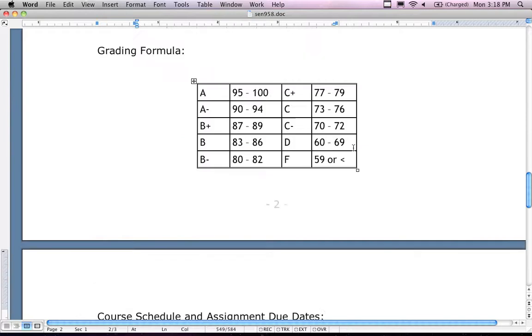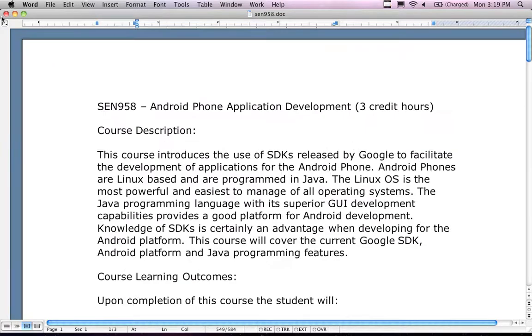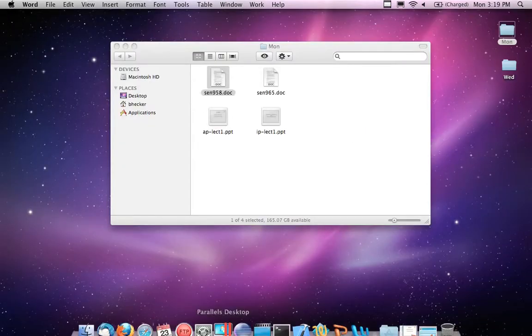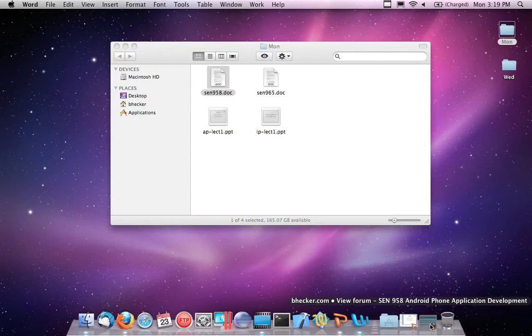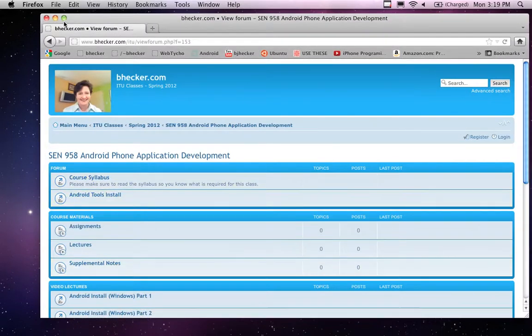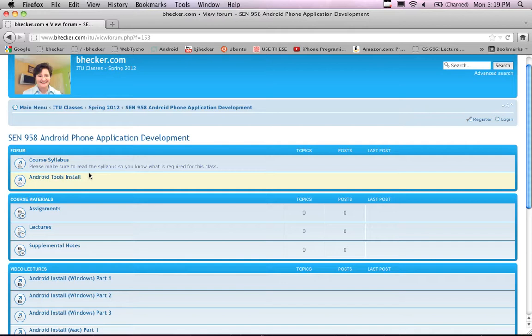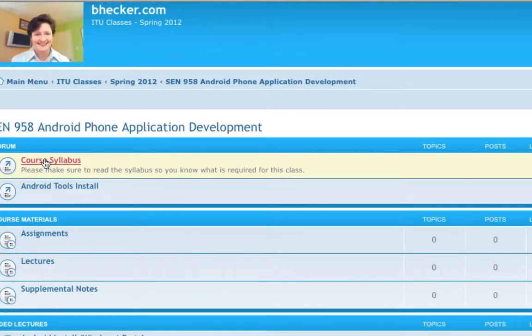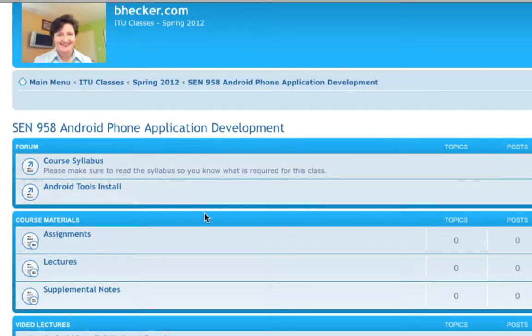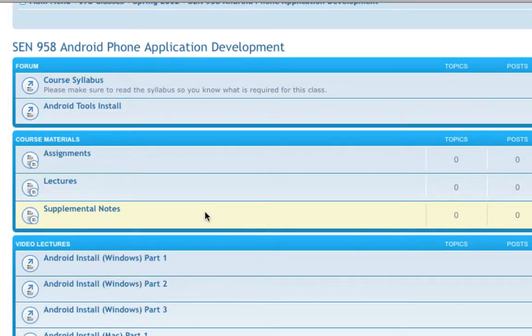So without further ado, let me take a look at some other rudimentary course introduction information, just to summarize and finish up the introduction part of this lecture. Hopefully you have found the website, www.bhacker.com, because you are all returning students. The syllabus, that's what I just went over a few minutes ago. Let me make this a little bigger. Now, just to give you a little lay of the land here of the Android application